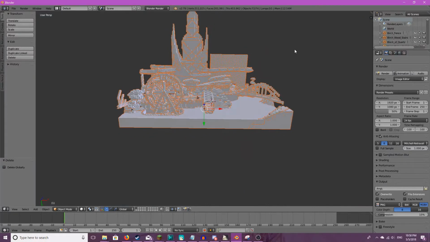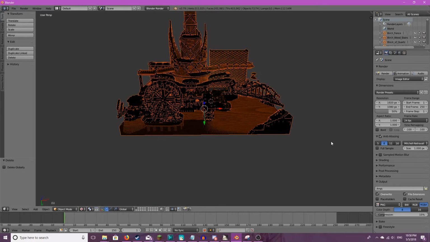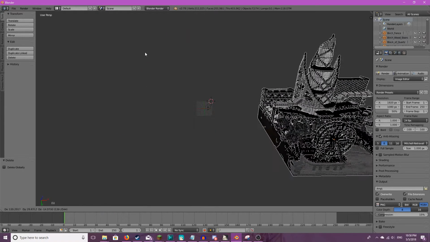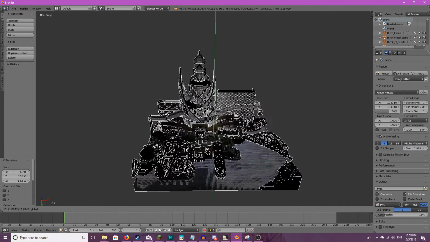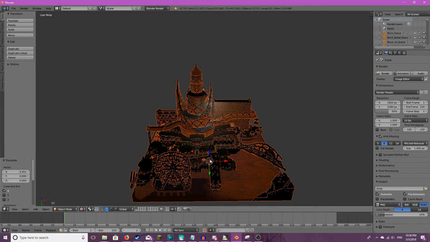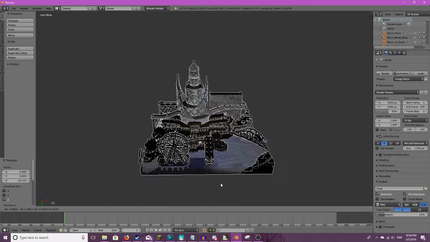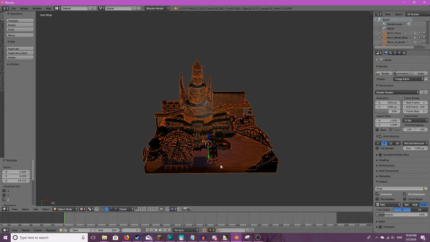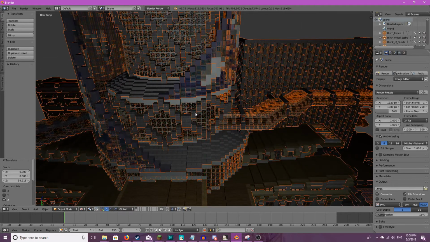So I bet you're probably wondering where the hell all the textures are. The good news is they're right here. Translate. This thing is very different from what I'm used to. If I could get the lighting to actually cooperate, you can see that all of the textures and stuff are here. I'm just not very good at Blender. I had to start reinventing the wheel. I haven't used Blender in